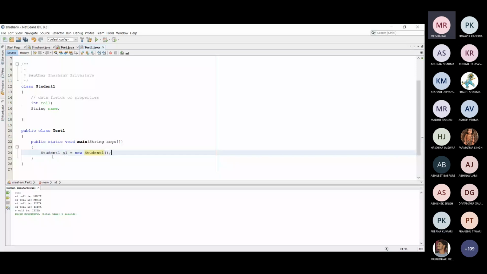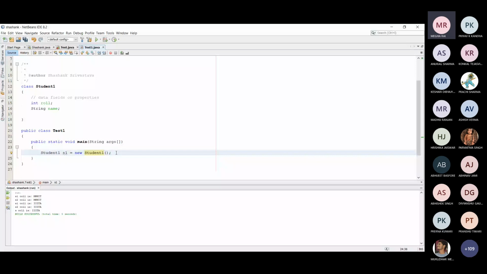If you write like this, it means s1 is a reference variable and new is the keyword in order to generate runtime memory for the student object, and this is the constructor calling student1. This is the constructor. Basically constructor is just like a method, but the name of constructor is same as the class name.